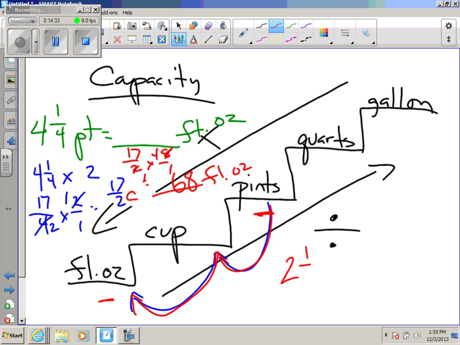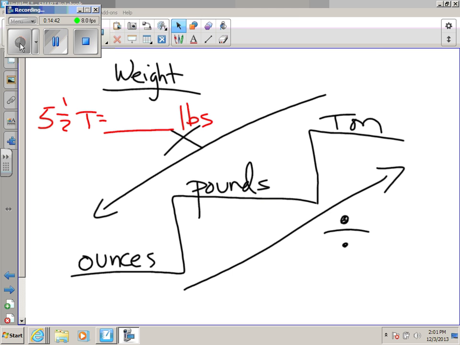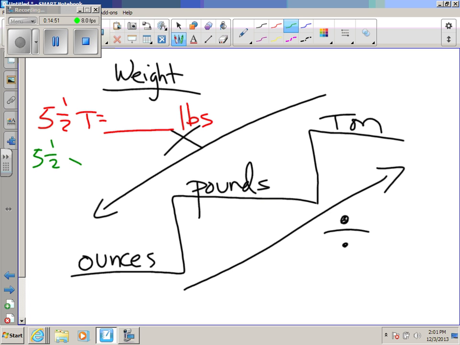Two and a half gallons is equal to how many cups? All right, from tons to pounds, I'm going down, so operation will be multiply. So I'm going to multiply my 5.5 times the relationship between pounds and tons. How many pounds are in a ton? So 5.5 times 2,000, which